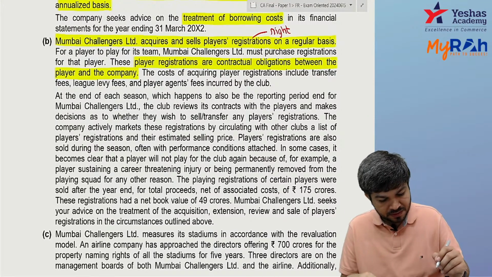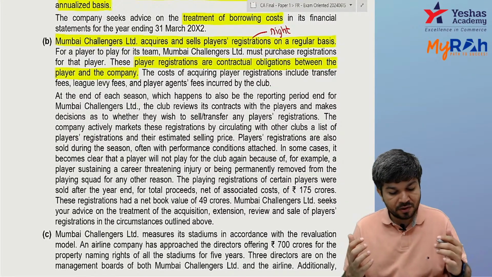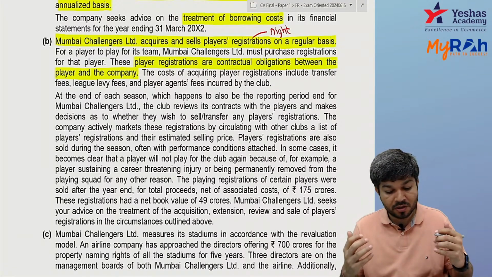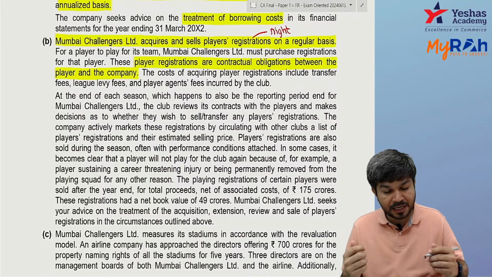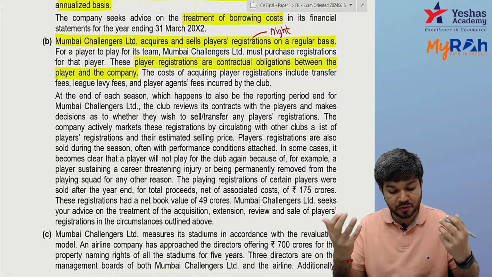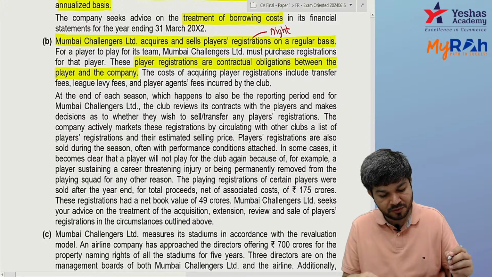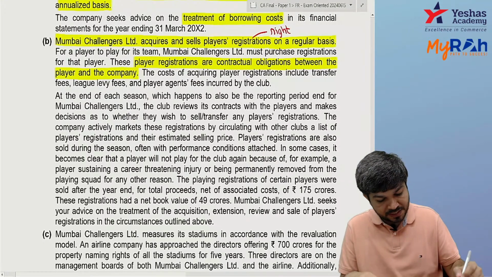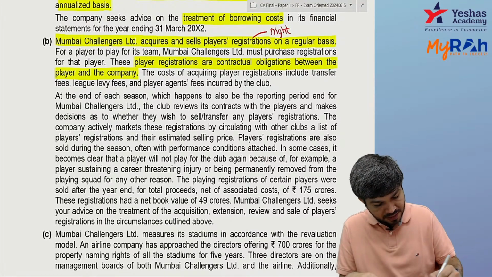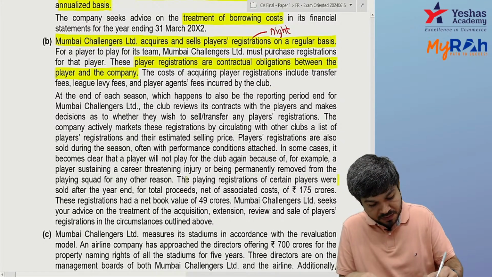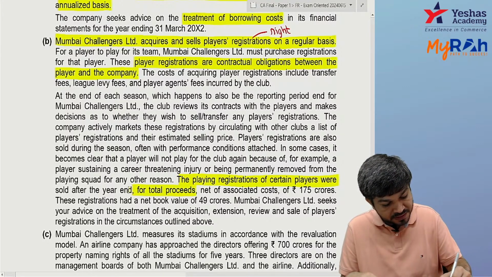At the end of each season, the club looks at the contracts with the players and decides which players we want to retain and which players we want to sell. Player registrations are also sold during the season. It becomes clear that a player will not play for the club again if, for example, he is permanently removed due to injury. Now, the player registration of certain players was sold after year end